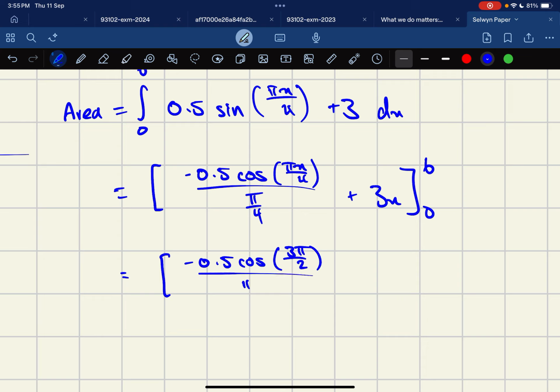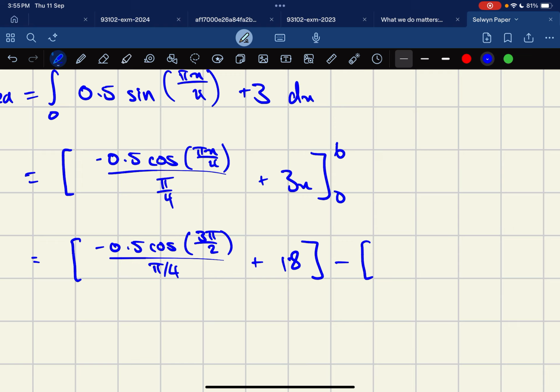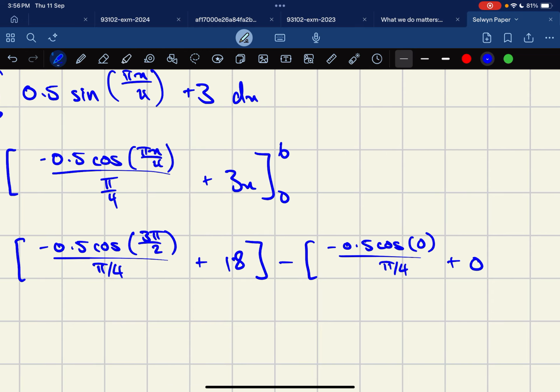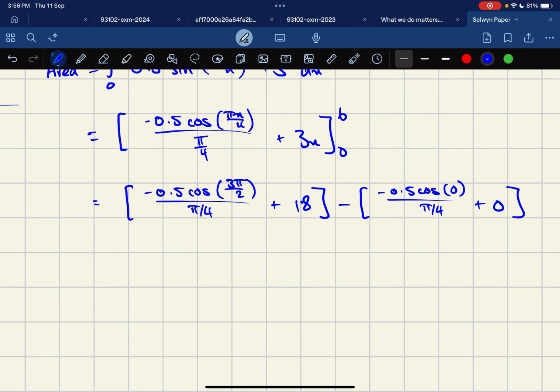And then divide that by pi over 4. And then plus 3 times 6, which is 18. And then minusing when x equals 0, so negative 0.5 cosine of, well, 0. And then divided by pi over 4, and then plus 0. So then just put this in your calculator. So this gives me,